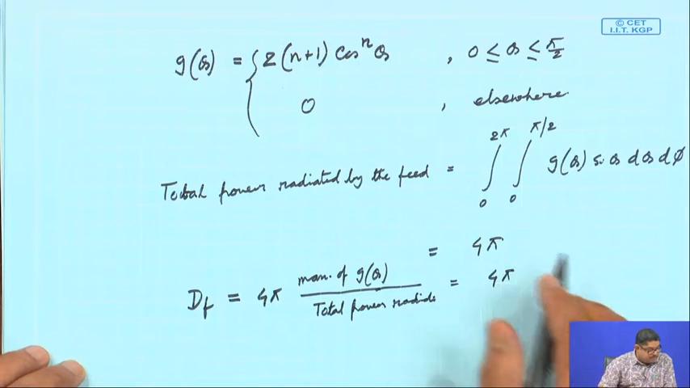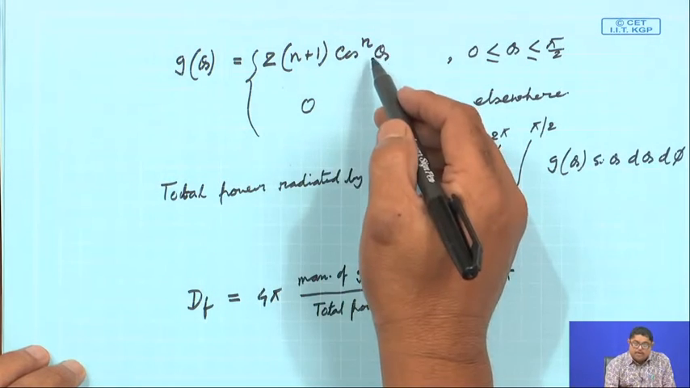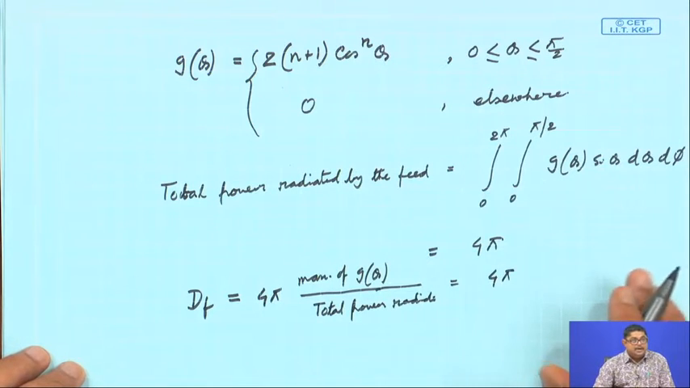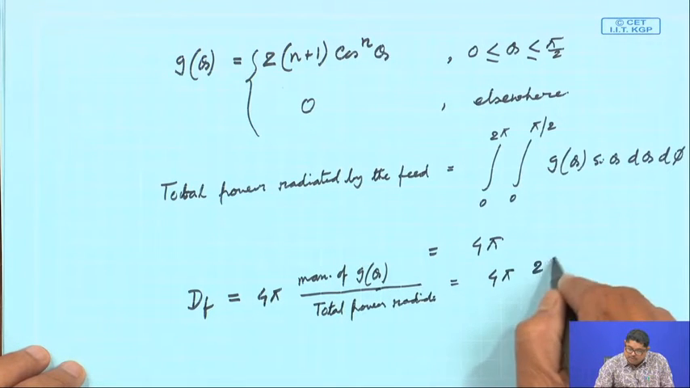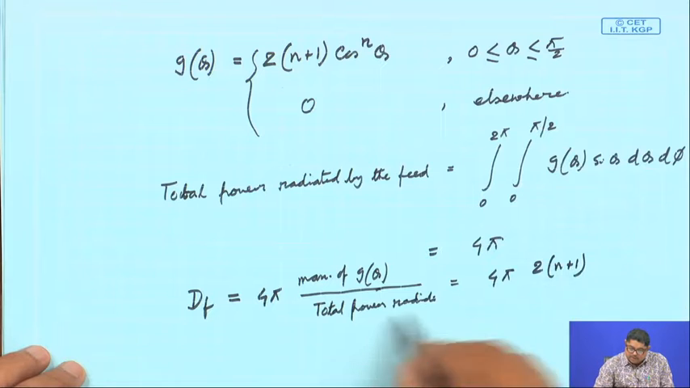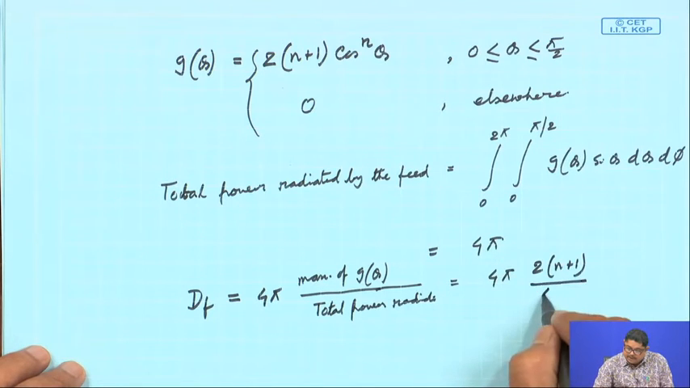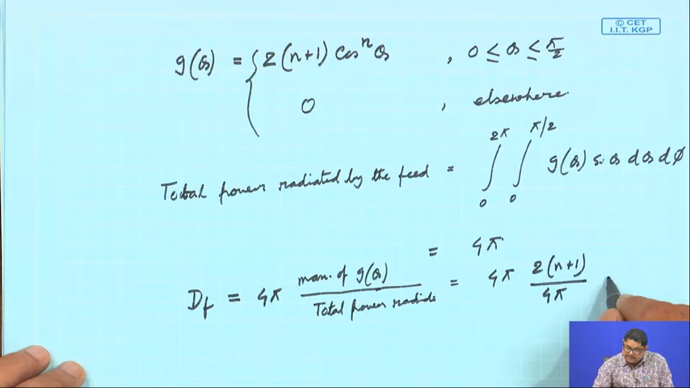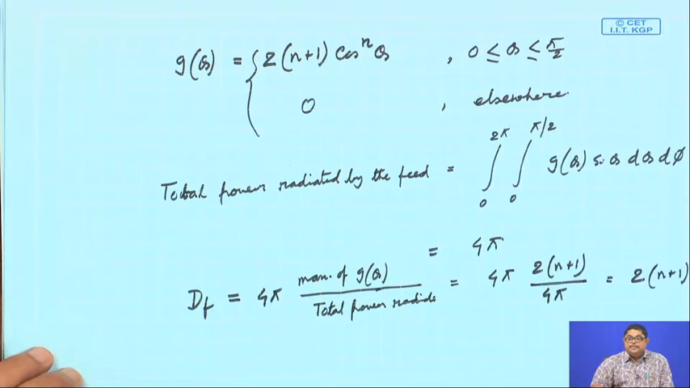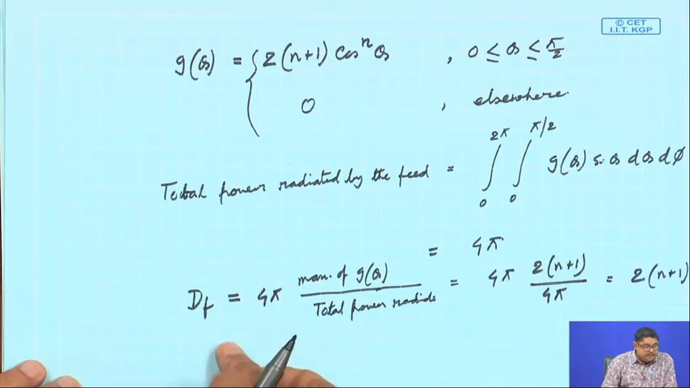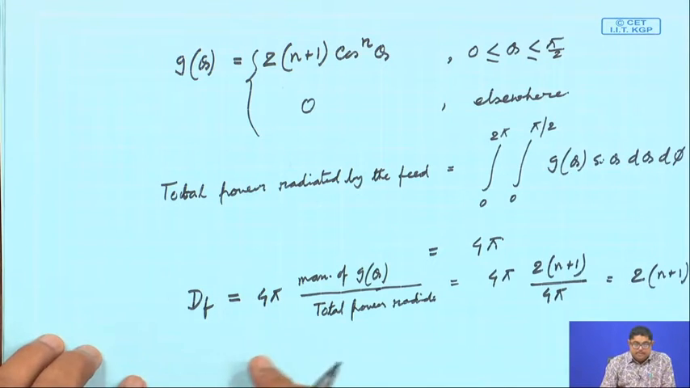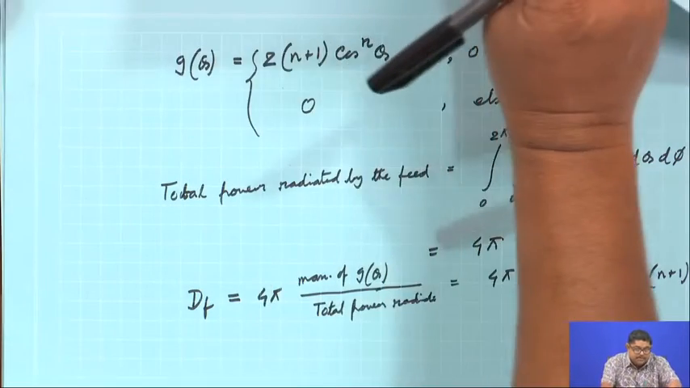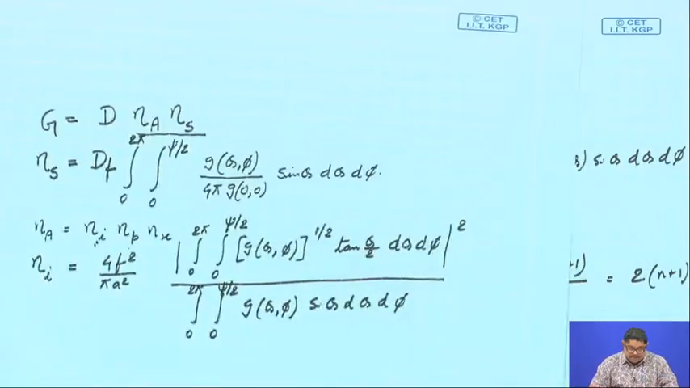So, the maximum of g(theta) cos n theta can have a maximum value 1. That means it will be 2n plus 1, and the total power radiated we have just calculated as 4 pi. So that cancels this, and the directivity becomes 2 into (n plus 1). So, that was the idea. Now if you remember the spillover efficiency expression derived earlier,